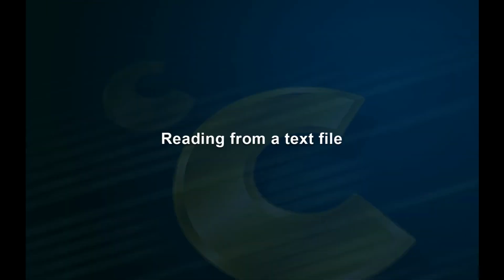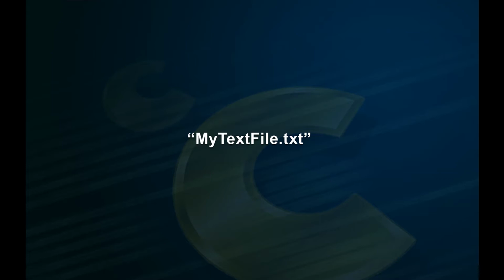Now, let us move to the next program for reading from a text file. Let us consider the example program which shows the basic read operation from a text file. In this example, we create a text file named mytextfile.txt and we forcefully write 2 lines of sentences into the file. This program will read data from the already created file in different ways using different methods available in C.